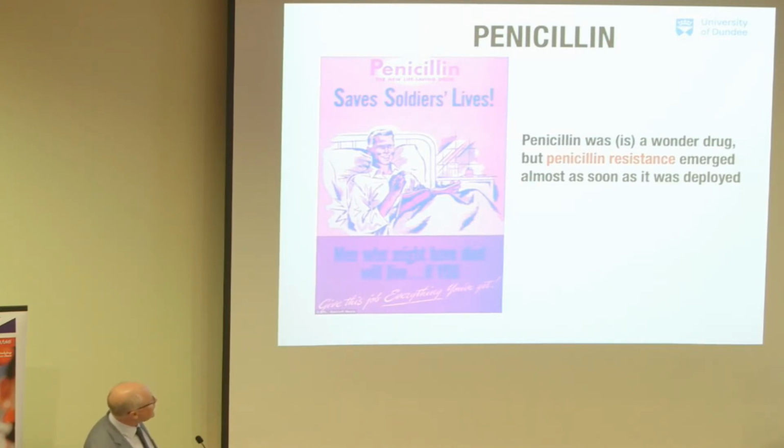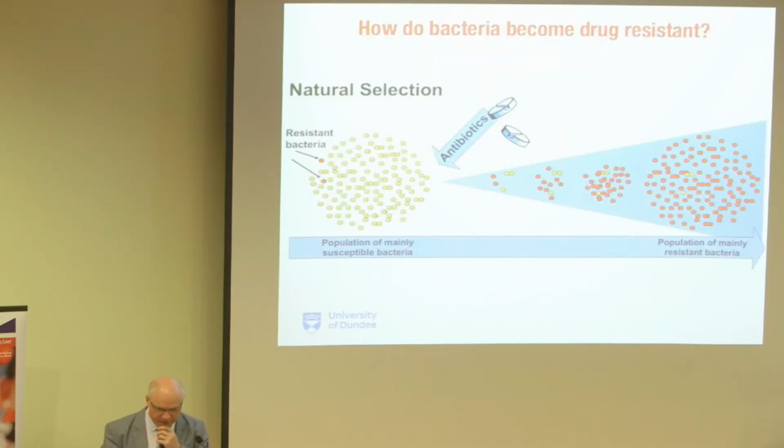Why it was? Because penicillin resistance is really rife. So there's many, many bacterial infections which don't respond to penicillin anymore. So why do bacteria become resistant to drugs? Well, if you have a population of bacteria and you attack them with antibiotics, you may have one or two resistant bacteria in that population. So you kill all the sensitive ones, but the resistant ones are left behind. And as that population expands, now you have a big cloud of drug-resistant bacteria. And these are the guys that are going to infect the next poor soul.